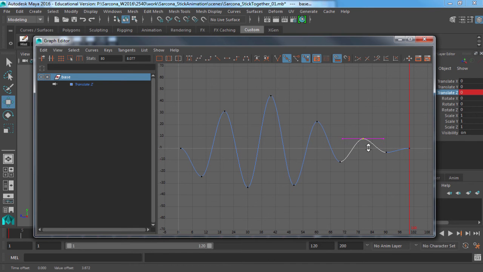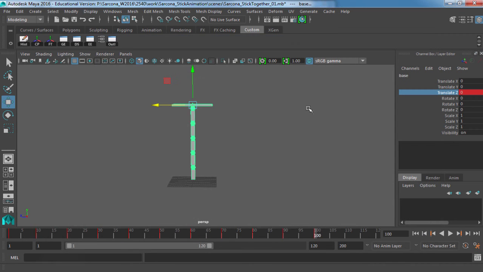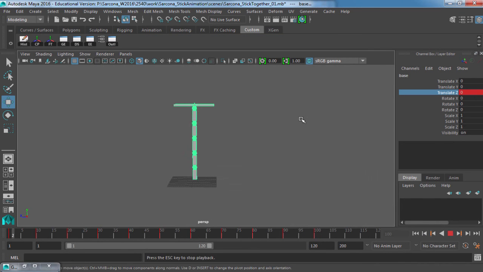So the shorter the graph is, the slower it's going to go. The bigger the graph is, the more movement's going to happen in it, okay? So if you look at this, it goes pretty slow. It goes a little bit quicker. It goes a lot quicker. It's going very quick between these two, very quick between these two, but then it starts slowing down again, okay? So that's what that's showing us. So now when we hit play,